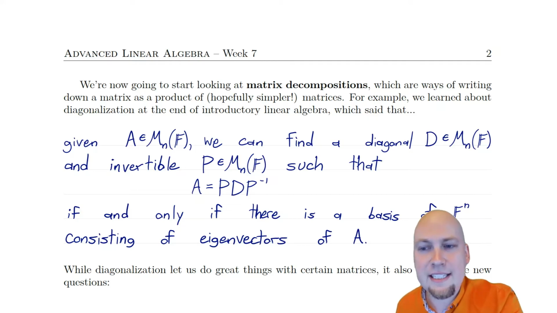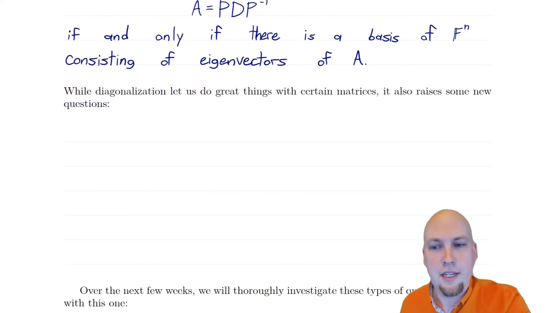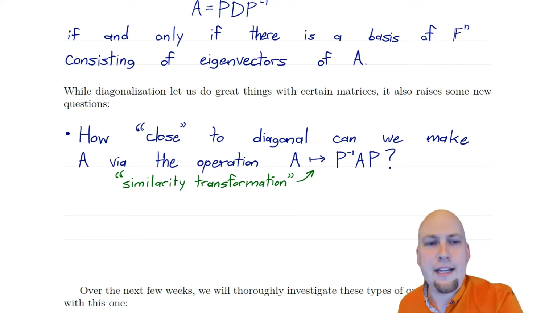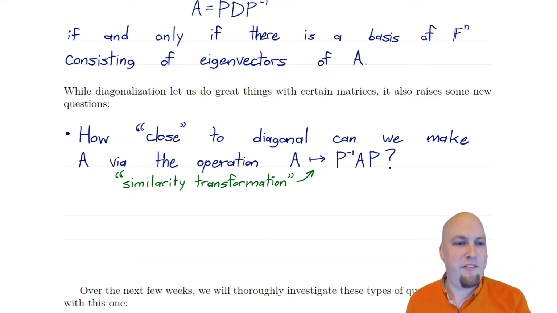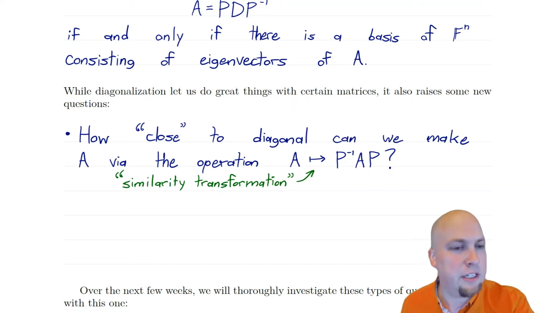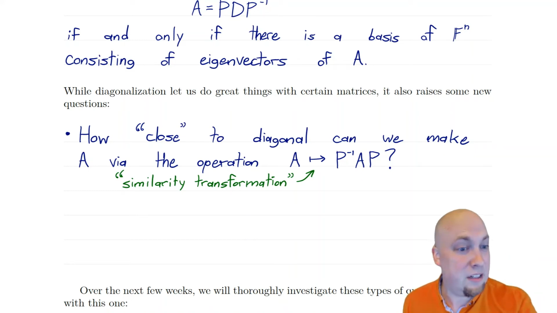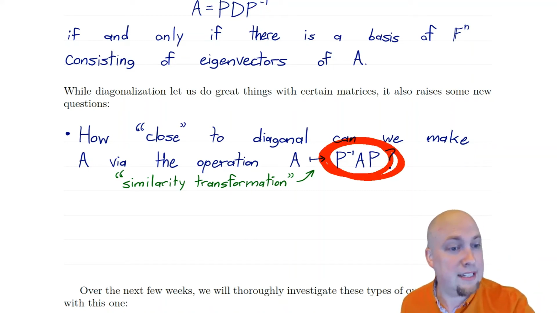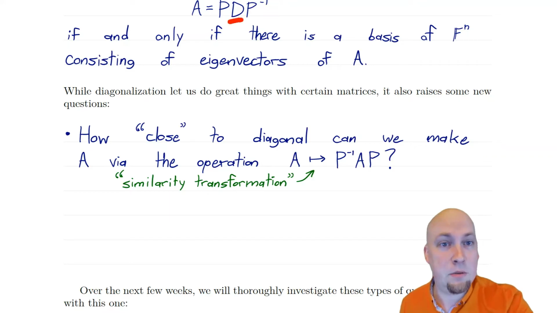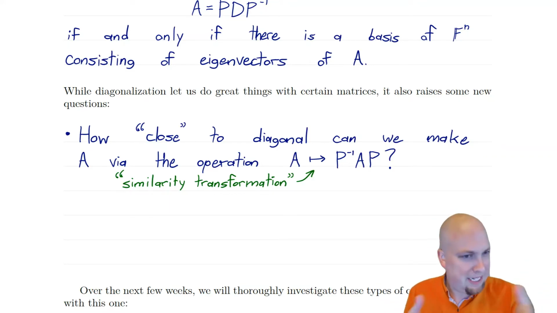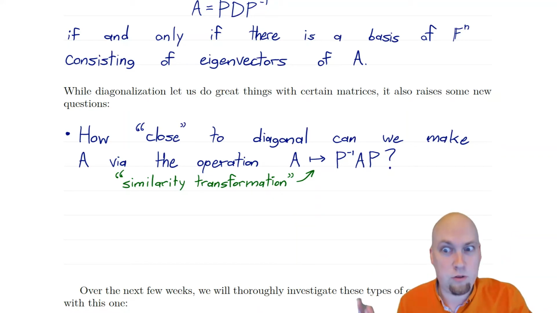So this leads naturally to a few questions. Question number 1 is, how close to diagonal can you make a matrix via this sort of what we call a similarity transformation? If I change A to P inverse AP, how close to diagonal can I make this matrix on the right-hand side? Can I make it diagonal? Can I make it equal to this diagonal matrix D up here? Or, no, not always, but how close can I make it to that in general,